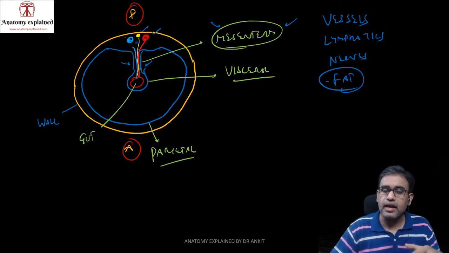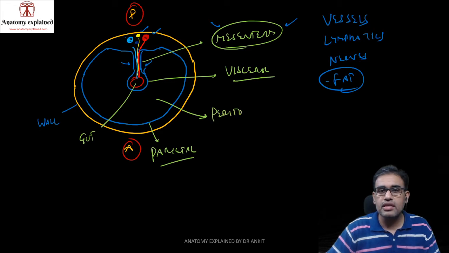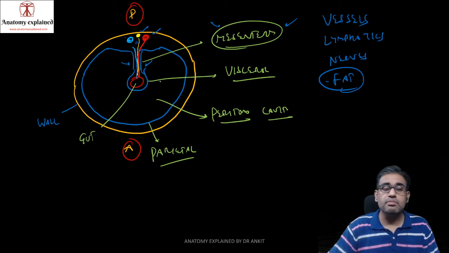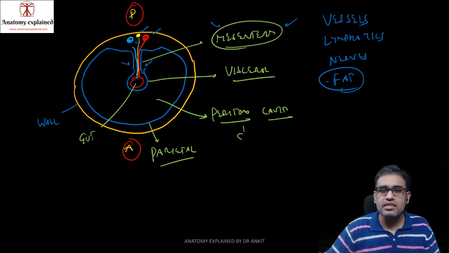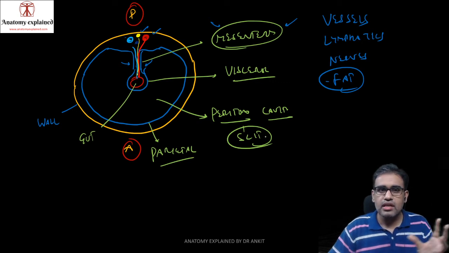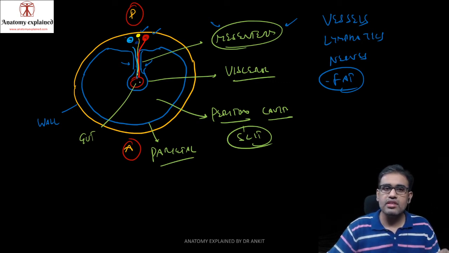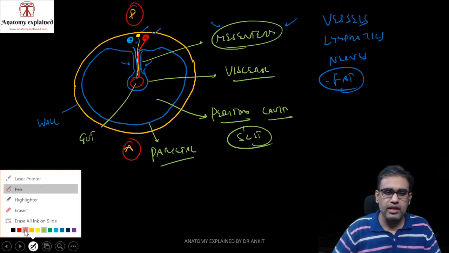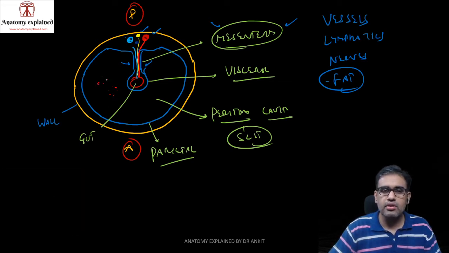visceral and parietal, and the space between them is your peritoneal space or peritoneal cavity. That may look very big, but remember it is a slit-like space only. It is a very small slit-like space only. And this will do what? There will be a lot of viscera over here. Just hypothetically, if we try to make dotted lines over here, there will be a lot of cut sections of the gut,